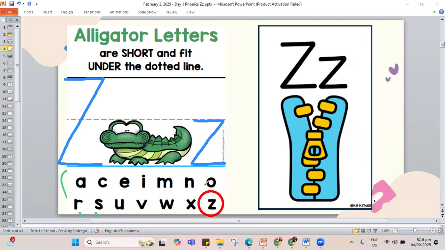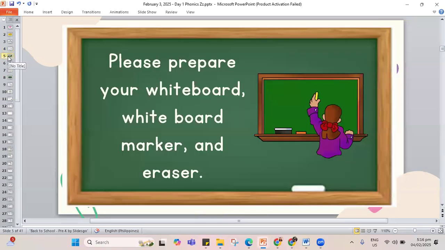And how about we also check. Remember, we have Z is for our zipper. This is the zipper. The Z sound, letter Z. Now we need to move on to the next part of our class, we'll get to check for our materials. Now, if you have your board with you, please go get it.